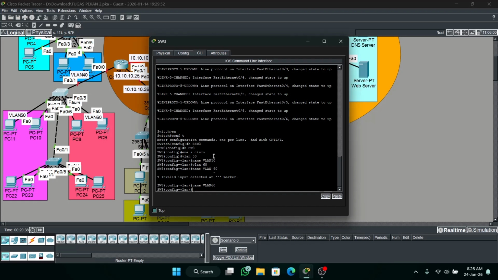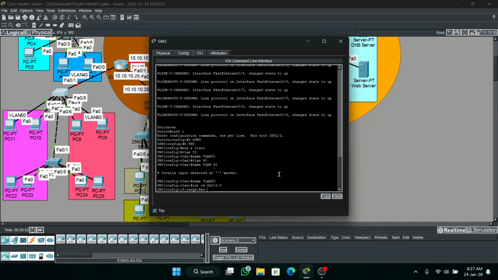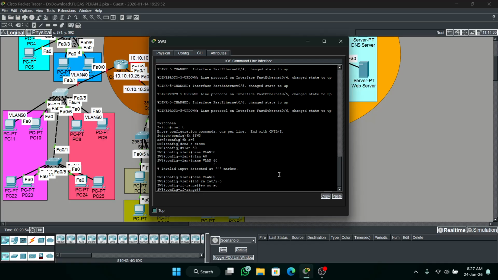Okay, next configuration is switchport mode access, interface range fa0/2 until 5. Make sure the ports are correct, guys. Switchport mode access and spanning-tree portfast.